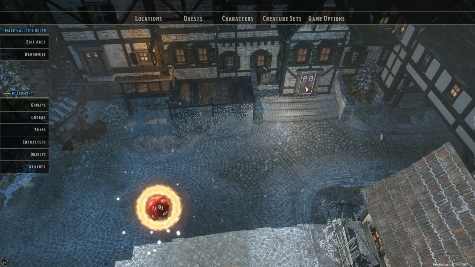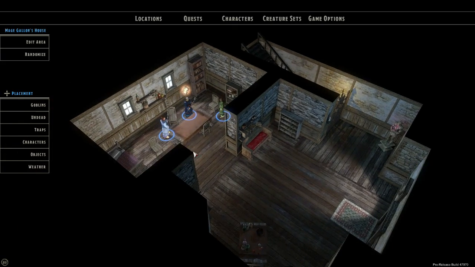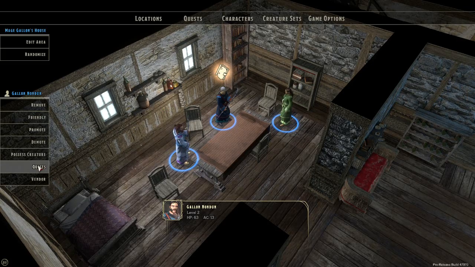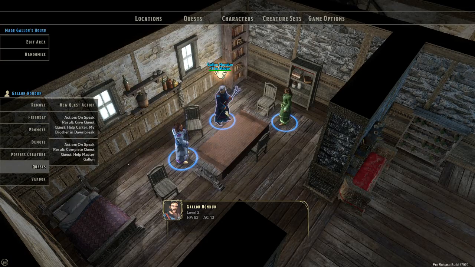The issue I'm having is talking to this guy more than once, and it's not firing the second quest. He's giving the first quest, he's just not giving the second quest. So something is amiss. So I created a little